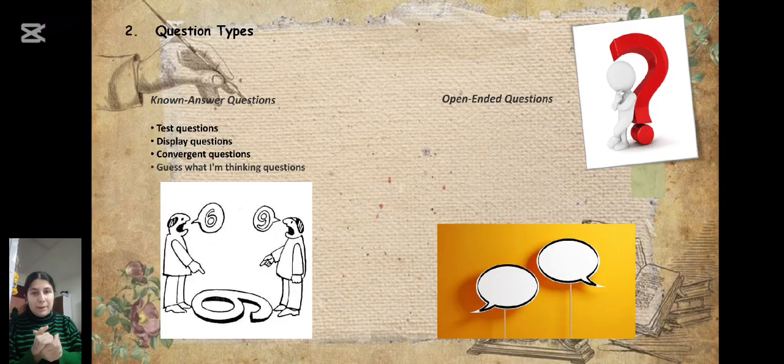Let me give you another example. How do you find the weather is an open-ended question. What the weather is today is a known-answer question. Because if it's raining, everyone will say, it is rainy. But when you are asking, how do you find this weather? Even if it's rainy, students will answer like, it's good, I find it bad, I don't like rain, I really like rain, I really love walking in the rain. So these types are open-ended and also known-answer, where the answer is known by everyone.